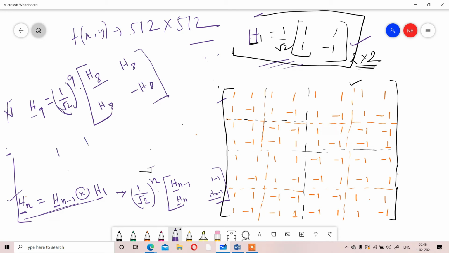Yes, h7 h7 h7 minus h7, continuing like this. Exactly. So it will start from h1. That is the reason we need to represent h1. To calculate h9 it will start from h1, then it will calculate h2, h3. In that way it will go to h9. So you can calculate any order of the Hadamard transformation matrix simply if we consider h1, the lowest order. If you consider that, you can get the order of the transformation matrix of your choice.